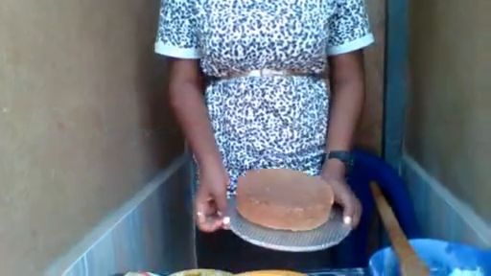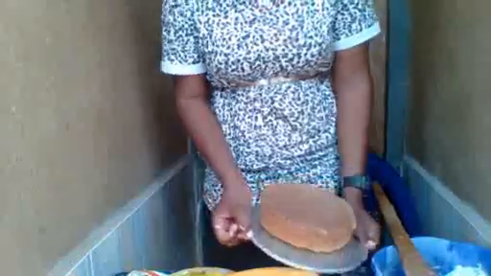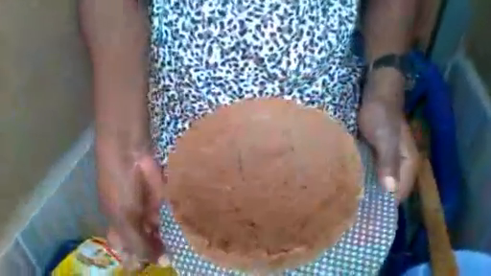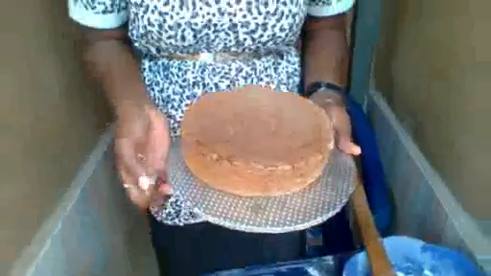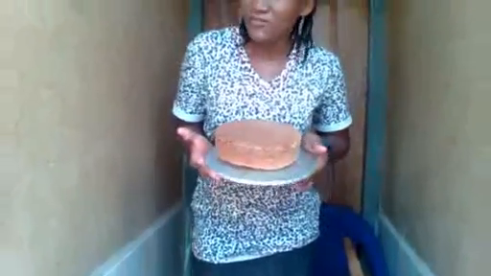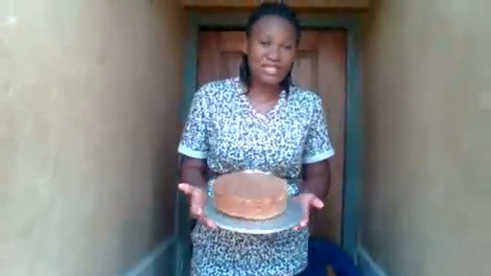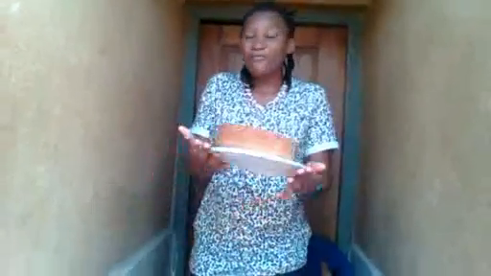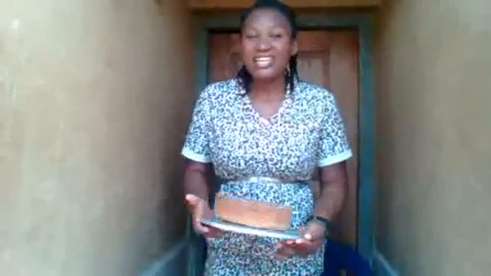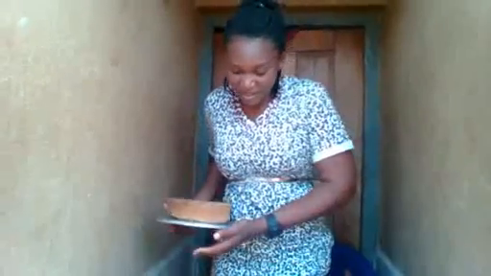As you can see, this is how the cake looks like. This is the shape of the cake. It comes out very, very well. And I told you that if you are using an oven for the cake, it's just going to take you 45 minutes. But if it's a local oven, you use 1 hour 30 minutes. This is what all the mixture, both the flour, the sugar, the butter, the eggs, your milk, everything forms like this as a cake.